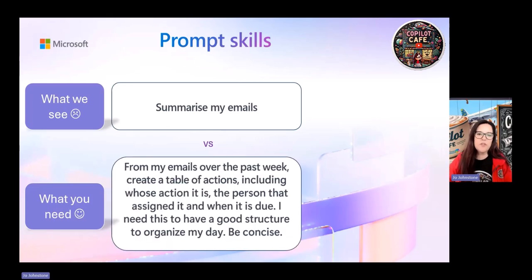What you really wanted to do in this case might have been, from the emails over the last week, create a table of actions. Include whose action it is, who's it assigned to, when's it due. I need to have a good structure to organize my day. I need it to be concise. So I've given it a lot of information there, because in order to get what I need to be really